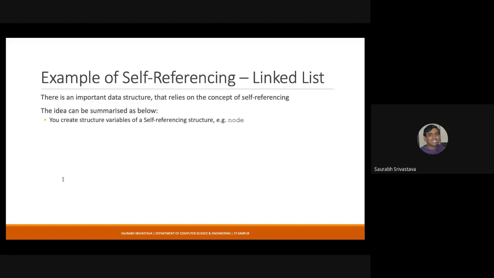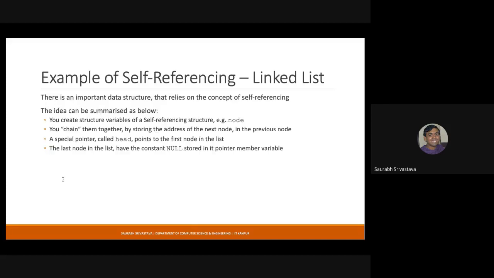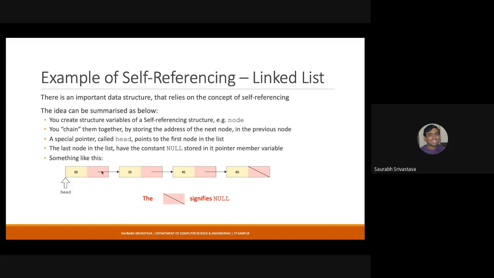The simple example of self-referential structures is the linked list. I think we have discussed it at length in class, but the idea is something like this. In a linked list, we usually have a section where data is stored. Here I am storing integer data 50, 35, 45, 65. Then I have pointers which can point to another structure variable of the same type. If I store the address of this structure variable here, and then this one here, and in the last structure variable I store the null pointer, it creates a chain.